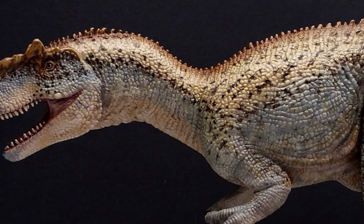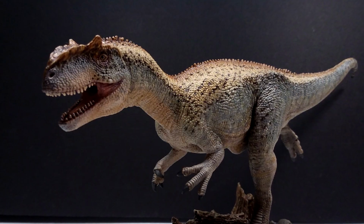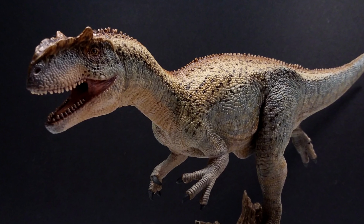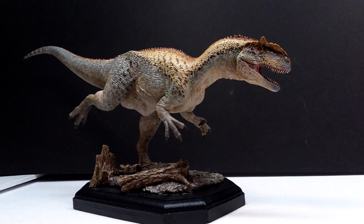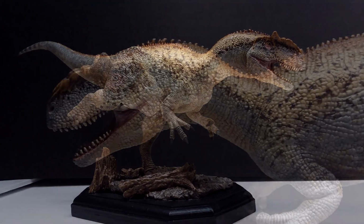Again, he took a yellowish tone and bluish tone, which is like from afar the main colors that you really make out on this dinosaur, and applied them to a Saurophaganax. And look at how natural and realistic it looks. Like it 100% looks like that could be the coloration of this dinosaur. I know if I tried that, it wouldn't turn out so nicely, so kudos to Shane for pulling this paint